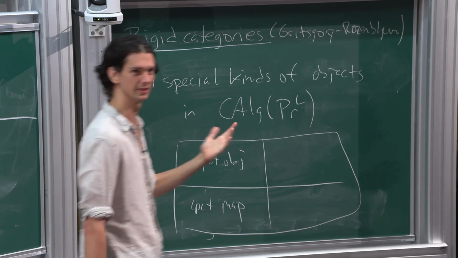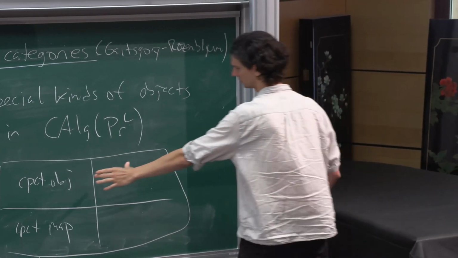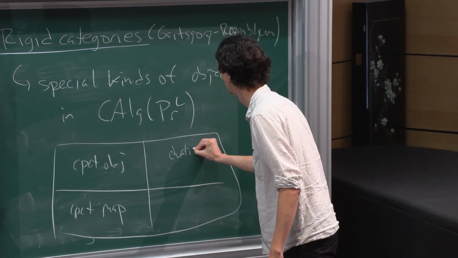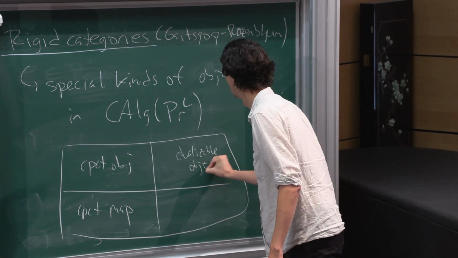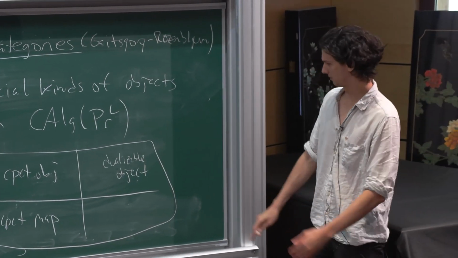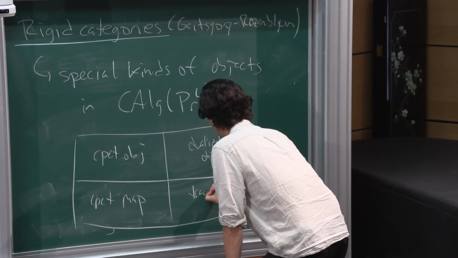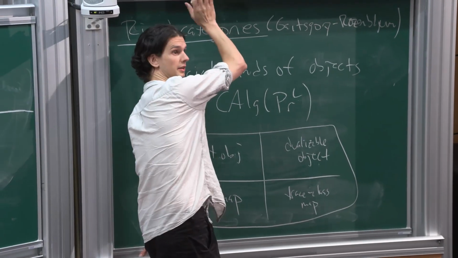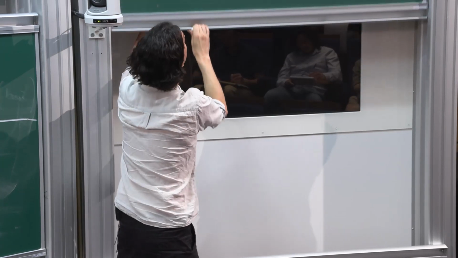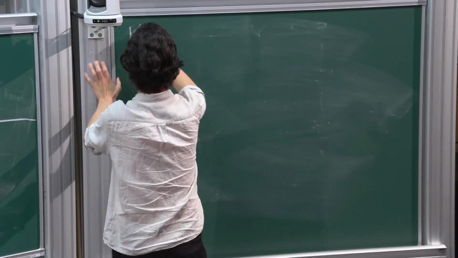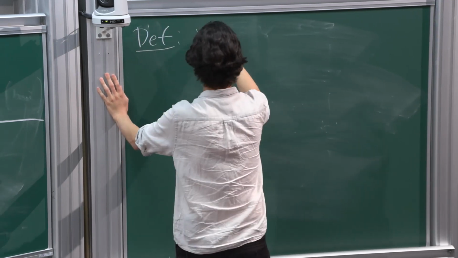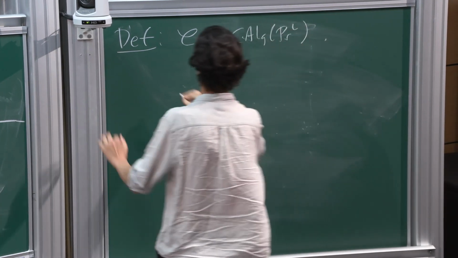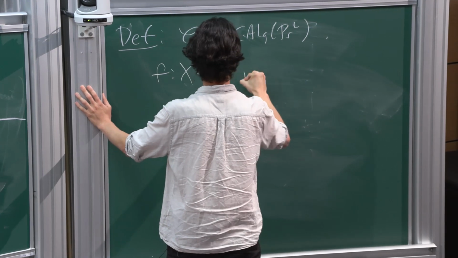But when you have a tensor structure, there's something which is in practice often closely related to the notion of compact object, which is a dualizable object. And the corresponding notion for maps is what's called a trace class map. And I'll give the definition of what's a trace class map now. So now C is in CAlg(Pr^L). So f from X to Y is trace class